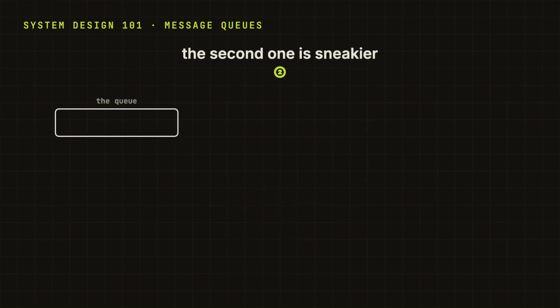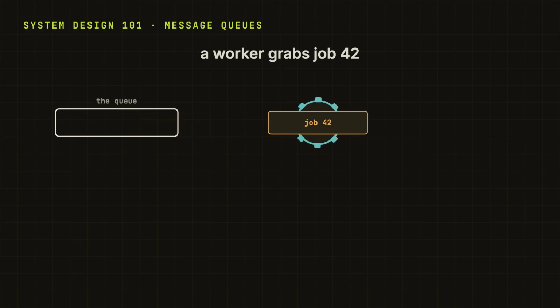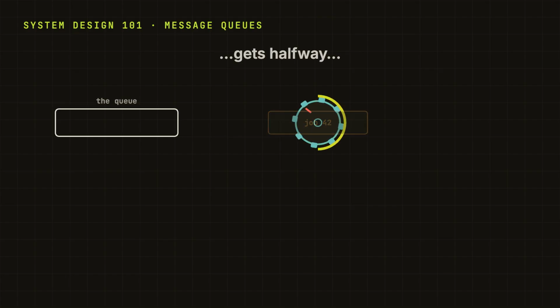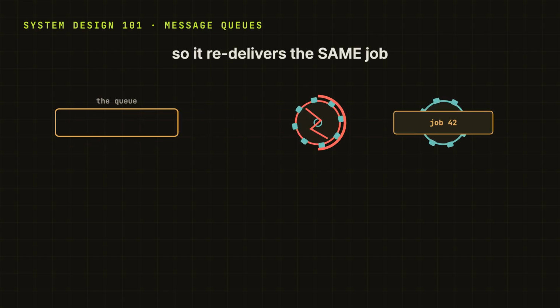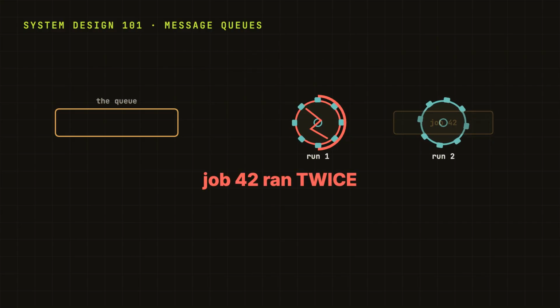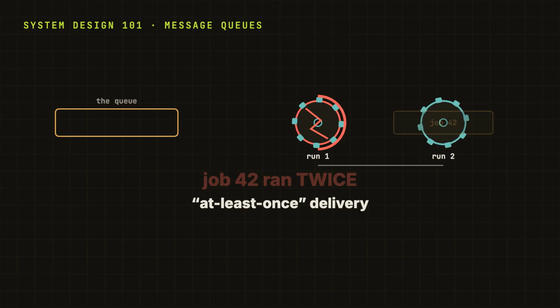The second catch is sneakier and it ties right back to the retries video. A worker grabs a job, gets halfway through it, and then crashes. The queue is sitting there, never hearing done. So it very reasonably hands the same job to another worker to try again, which means a job can run more than once. This is called at least once delivery. And it is just how a lot of real queues work.